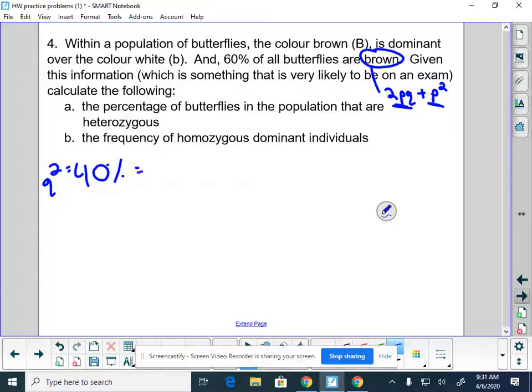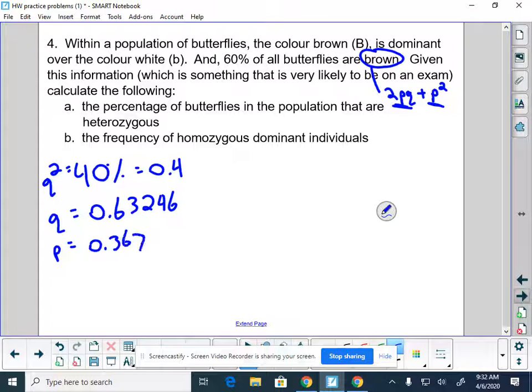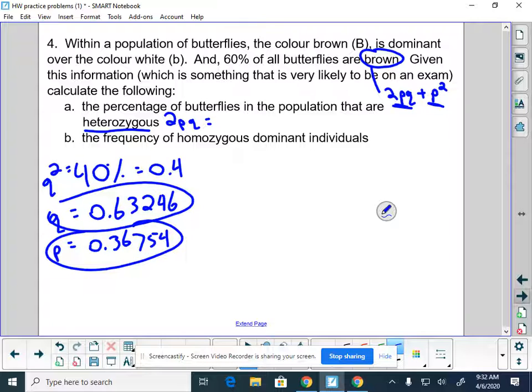So Q squared equals 0.4. Again, we can figure out Q, the square root of 0.4, 0.632. It doesn't really matter for now how many decimals you keep going. Once we know Q, we subtract it from 1 to get P, 0.36754. And now we can start figuring things out. They want heterozygous here. That's the 2PQ. So we've got our Q, we've got our P, times it by 2, and we get 0.465,